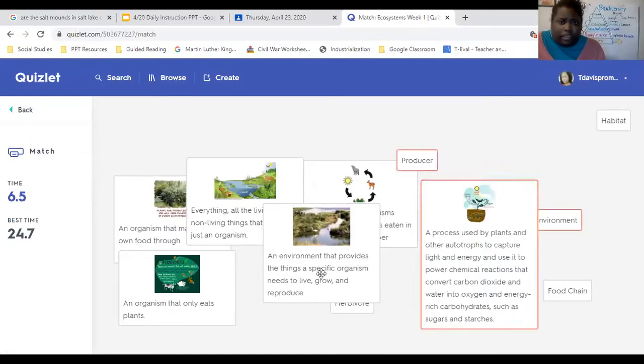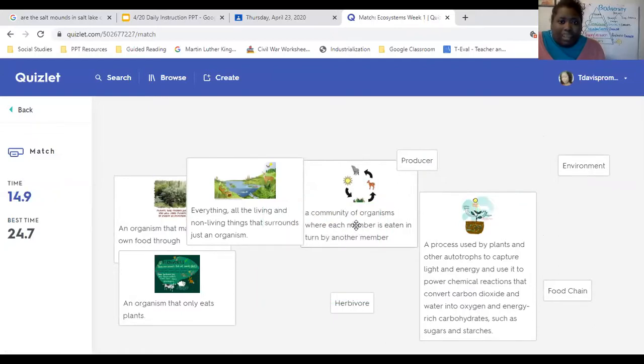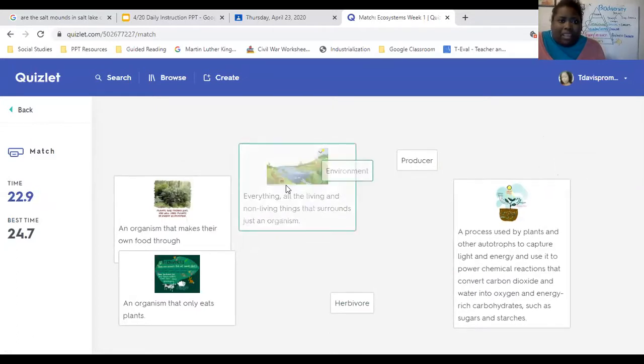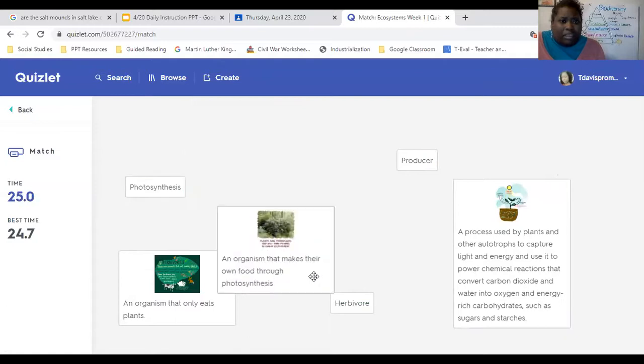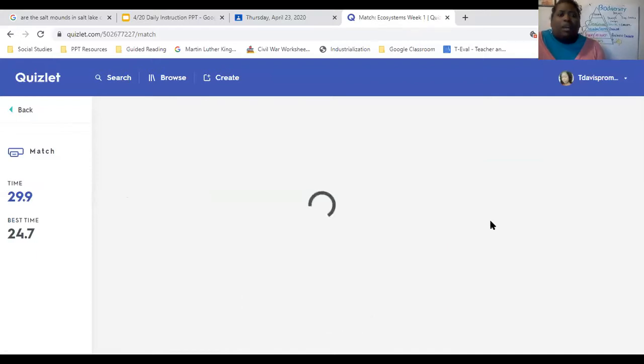All right, so let's see. An environment that provides organism. Oh, that's no. It's this habitat. Okay, the community of organisms where each member is eaten in turn. That's a food chain. Everything, all the living, that is the environment. An organism that makes their own food is a producer. This is photosynthesis and herbivore. All right, so